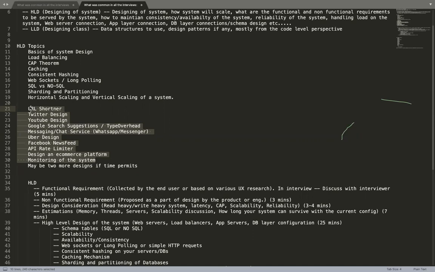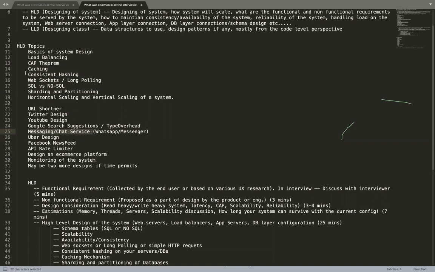These are the topics which I'll try to explain first, but each of these will be part of the designs somewhere. You don't need WebSockets in most of the designs except messaging. There you need WebSockets because you are continuously getting responses from someone else, like some notification coming from some application. So I'll discuss that.